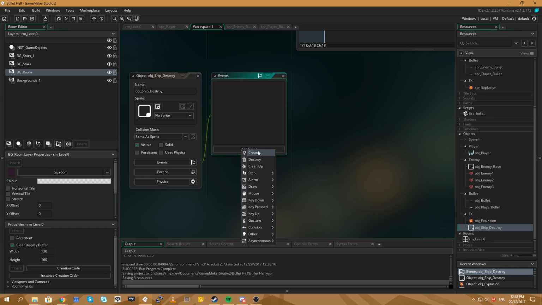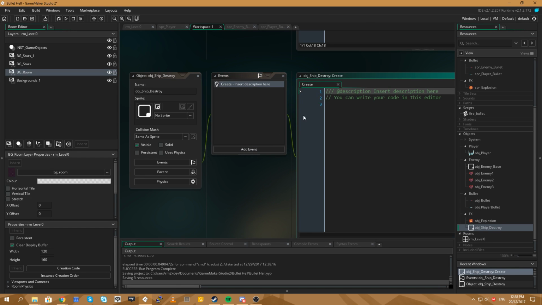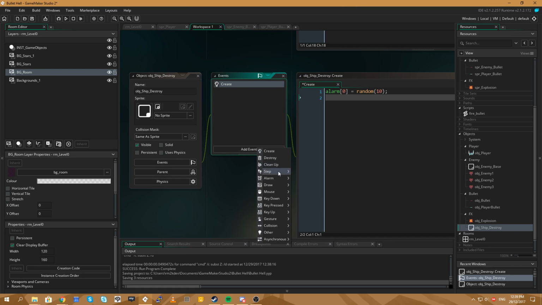And then what we'll do is we'll create a... What are we going to do? We're going to create a timer. Yeah, we'll create a timer. Alarm 0 equals... And we'll set it to random, and it will be random 10. Then what we'll do is in alarm 0...